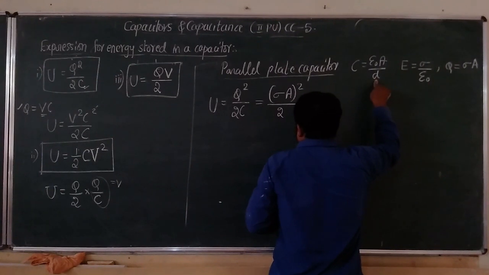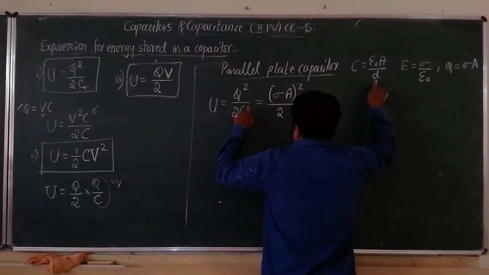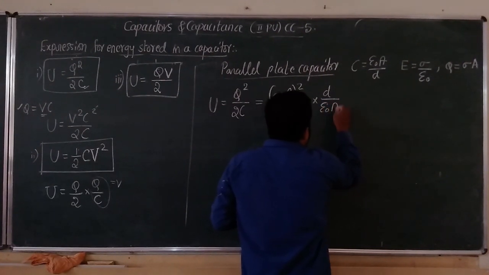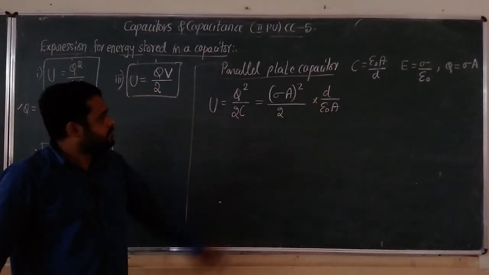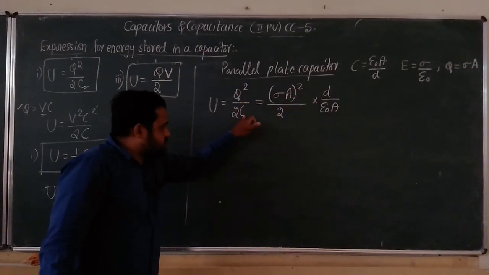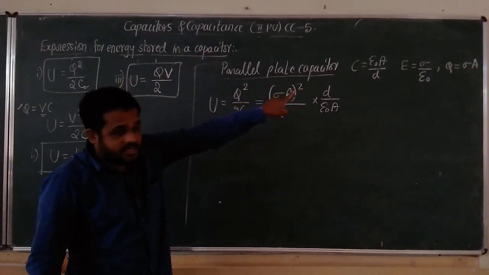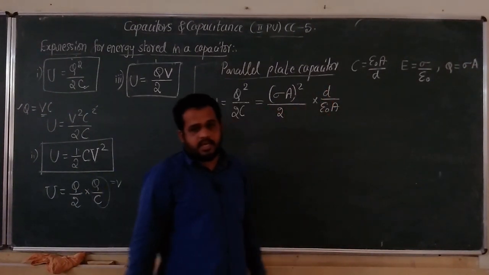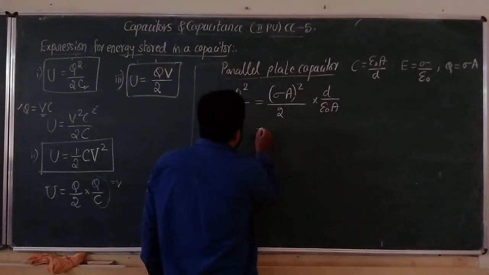C is epsilon naught A divided by D. Therefore, 1 by C is D divided by epsilon naught A. I think it is clear. Q is sigma A, so Q square, and 1 by C is there. C is epsilon naught A divided by D, therefore 1 by C is D divided by epsilon naught. So, this is equal to